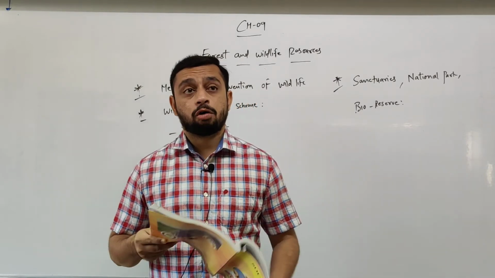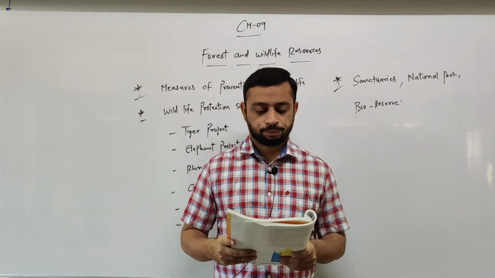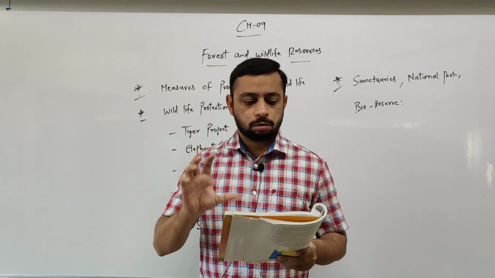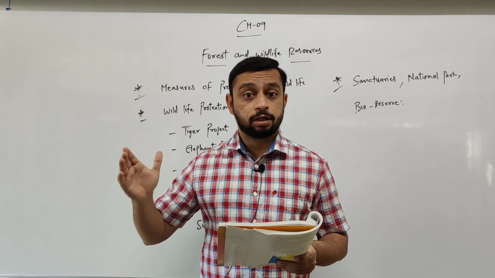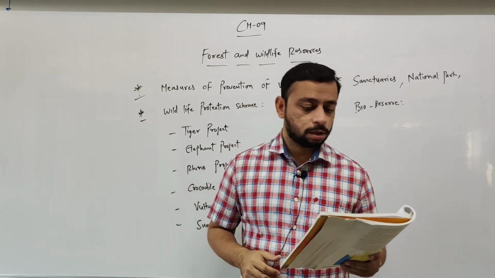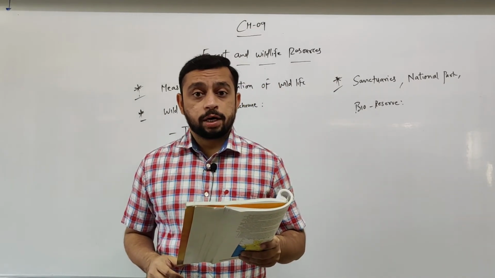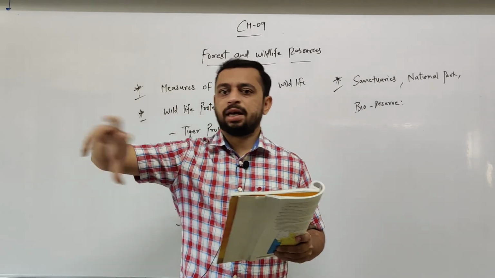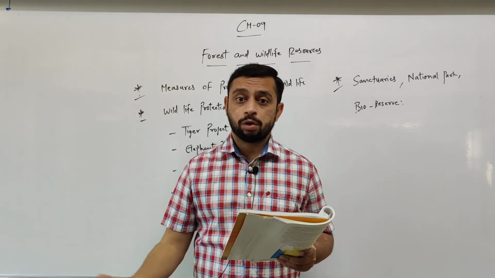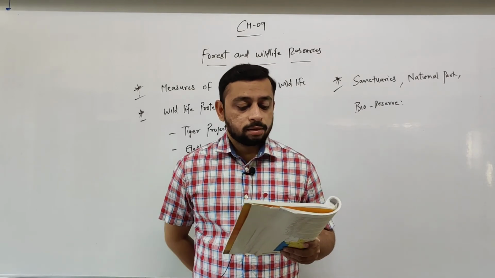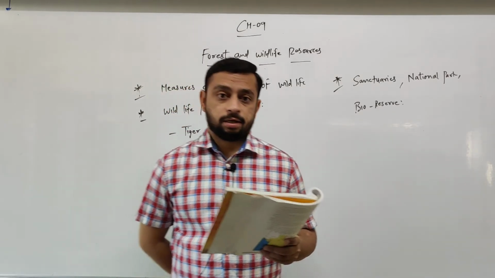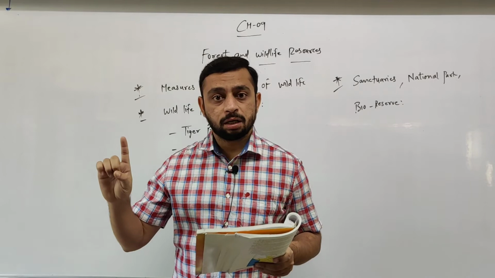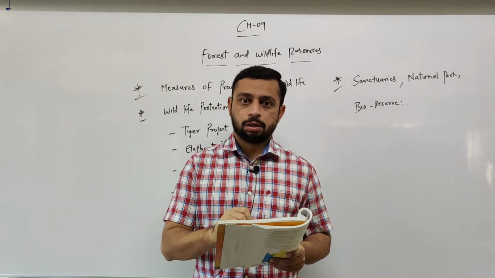Moving ahead, the second concept, that is the national park. Compared to a sanctuary, this is a more protected zone. National park is a more protected zone compared to a sanctuary. More than one ecosystem is included here, right? Animals of more than one different species, wildlife, all of that can be included in that area. There is a complete ban on animal grazing. In the first, animal grazing was allowed after the permission of the authorities, but here there is a ban, right?